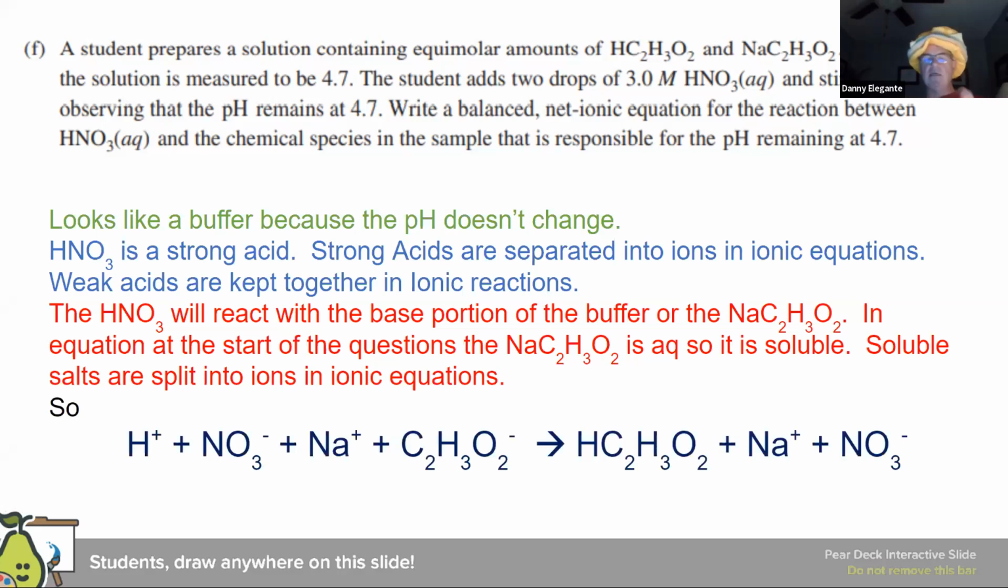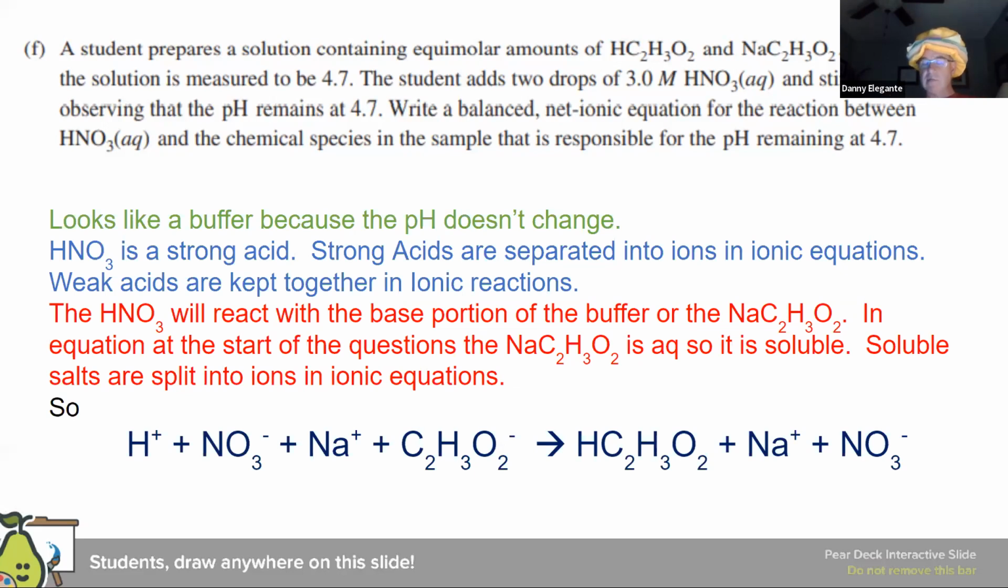And this is the equation I got. So you got the hydrogens and the nitrates, and the sodiums and the acetates. That's all on the reactant side. And then over on the right-hand side, because it's like double replacement, right? So over on the right-hand side, that's the reason why I left the